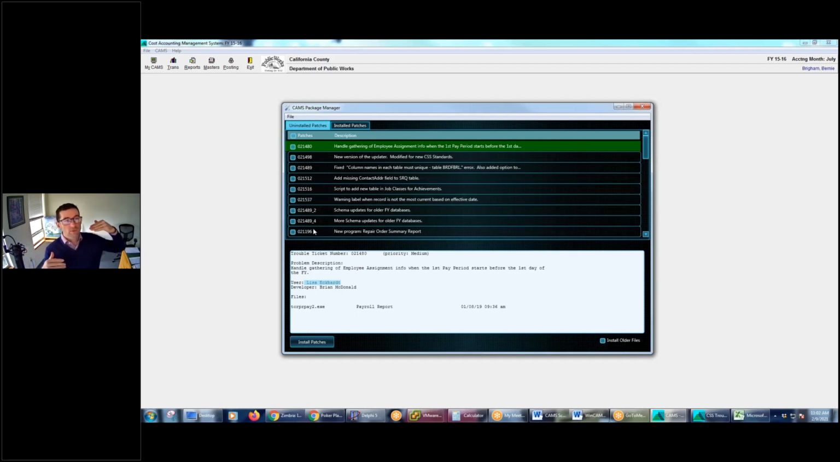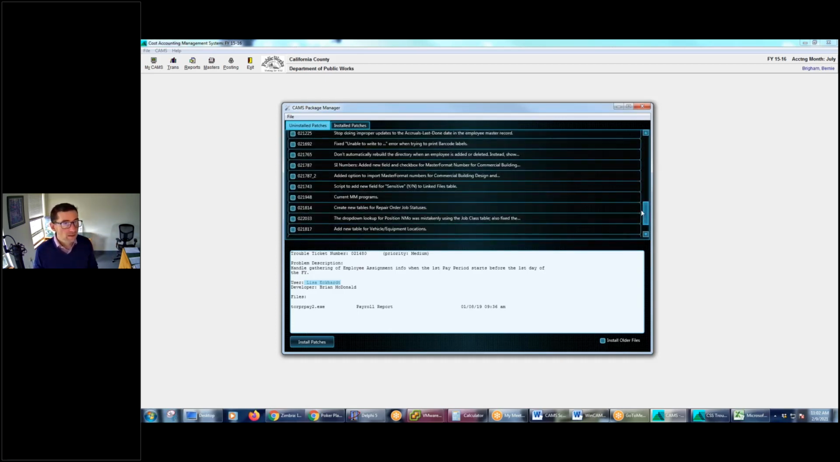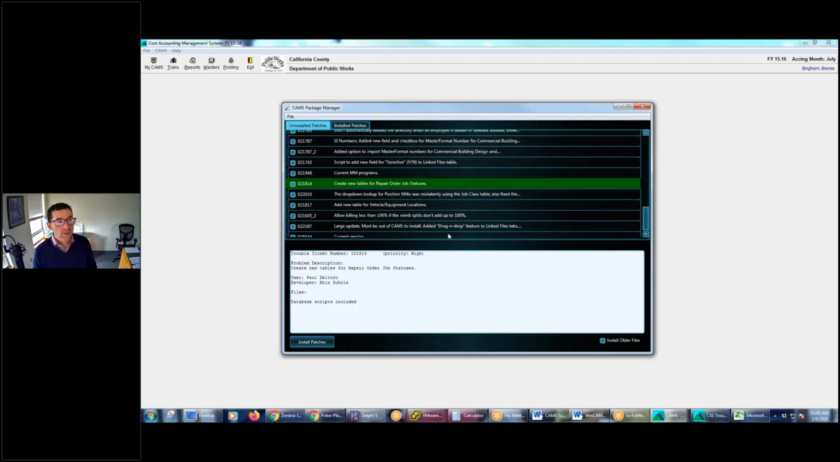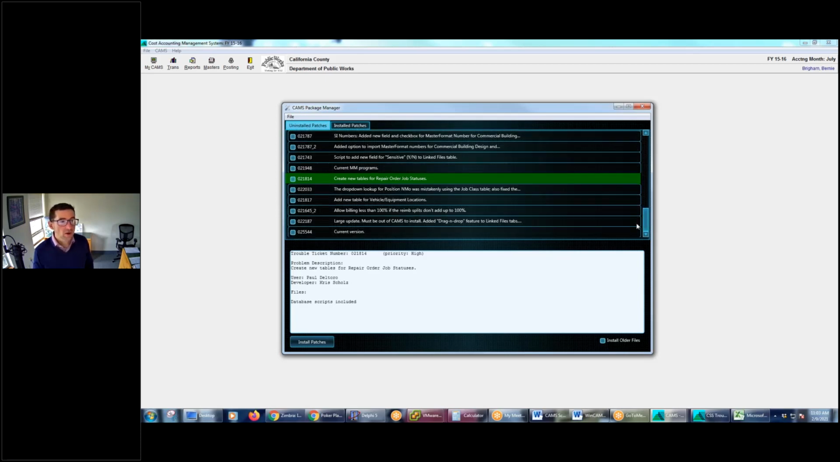They need to all be at the same level. If a program gets sent to you that, right? So here, create new tables for repair order job statuses. This is an important patch because if you get the repair orders program that wants to look for job statuses and we haven't created the tables, the repair orders program is going to suddenly crash. So if somebody skips this patch because they don't care about repair order job statuses, and then they go and get